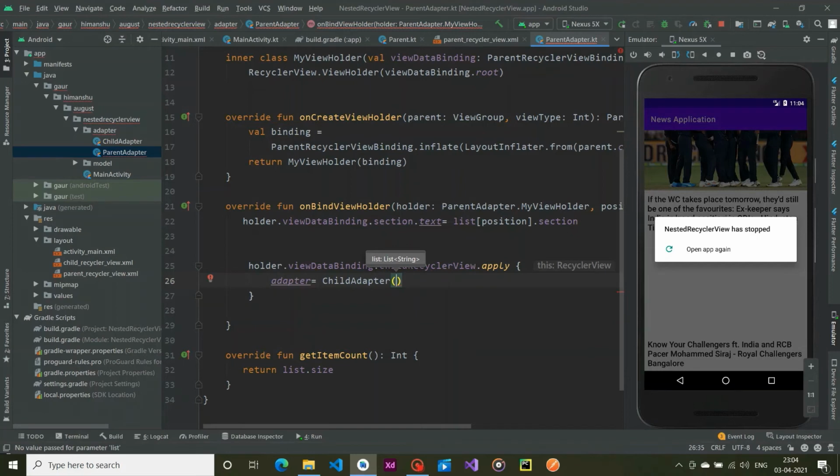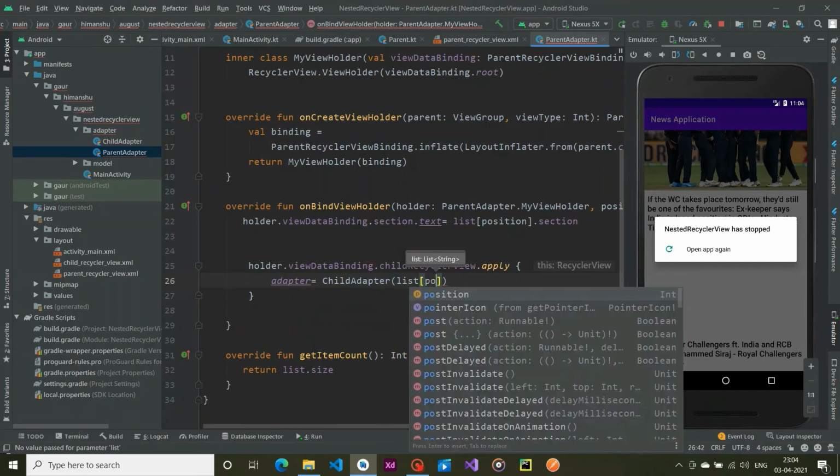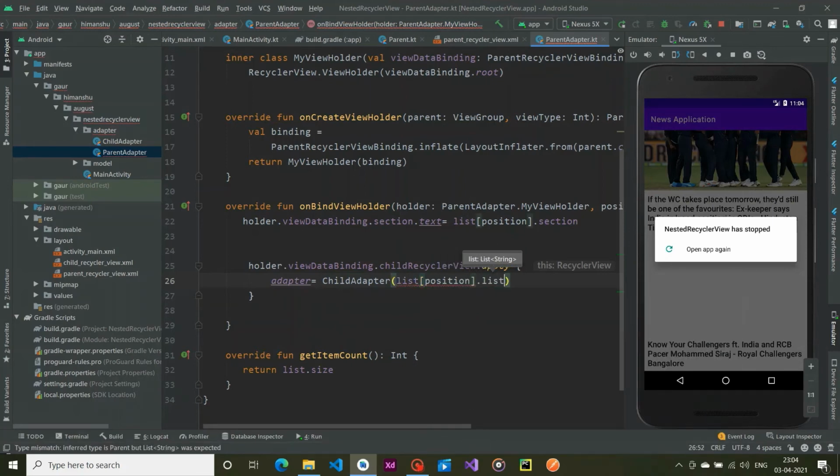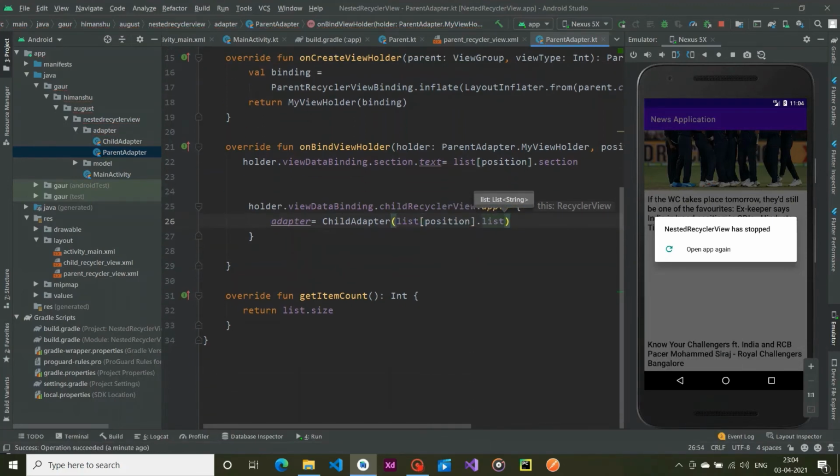So we pass it by using list position dot list, and that's all we do. And I think everything is fine after these 3 lines of code.